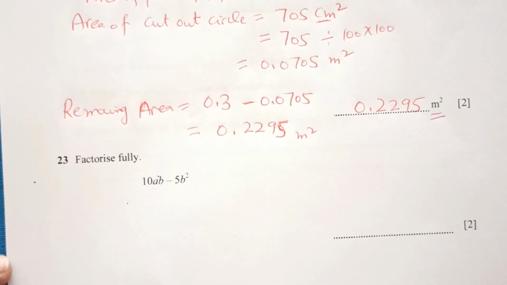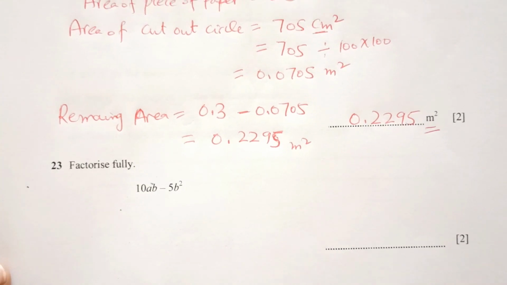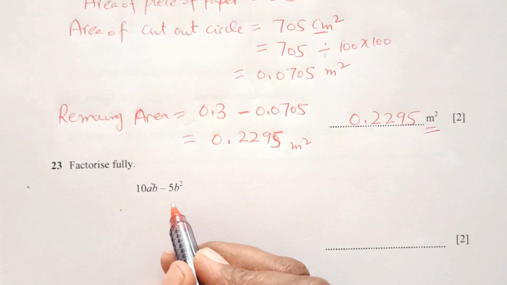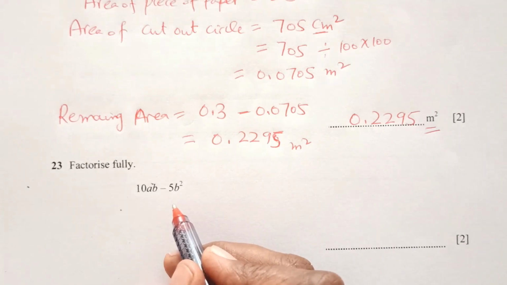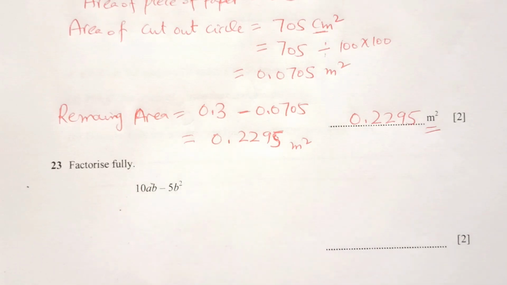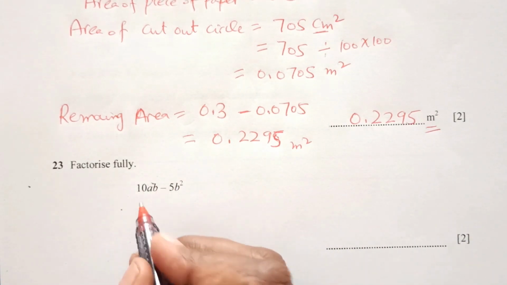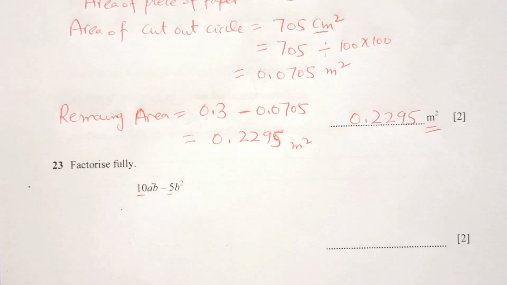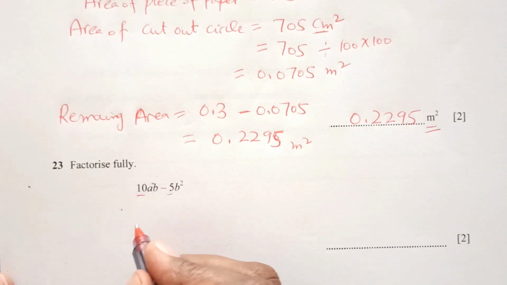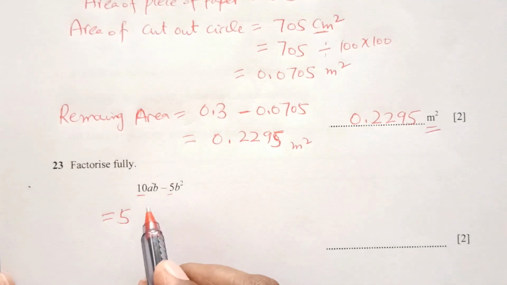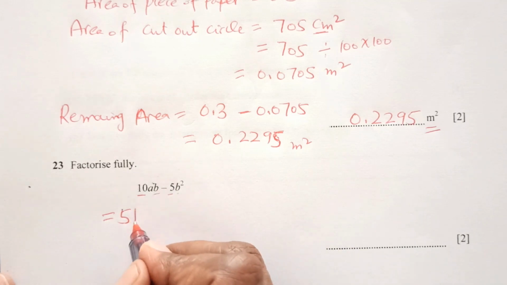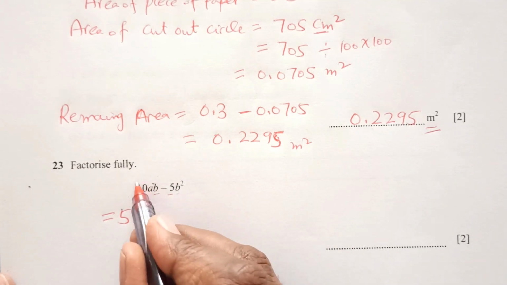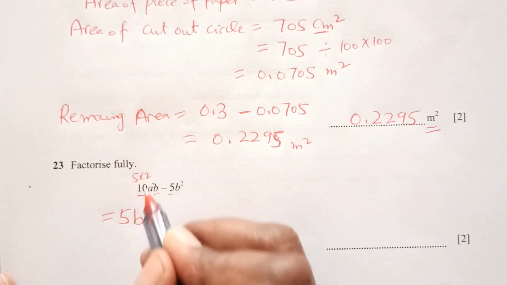Question 23. Factorize fully 10ab minus 5b squared. So 10ab minus 5b squared, we need to look for the common numbers and alphabets. So here we have 10 and 5, both are multiples of 5. So 5 will be common here, and then we have ab here, here is only b, so the common will be only b here, b,